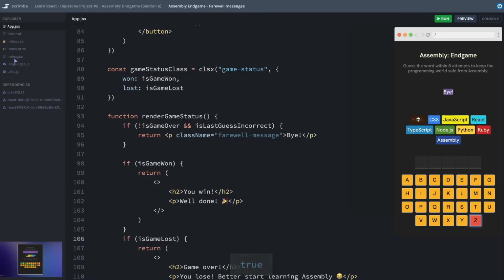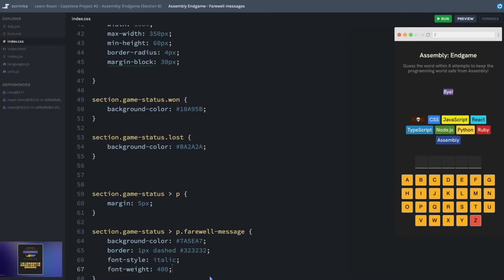I just realized I don't want to put my styles on the paragraph. I want to put those styles on the game status. This is a mistake on my part. I think I'm just going to leave it here in the recording because it's a very common thing. So we can go back and fix this.